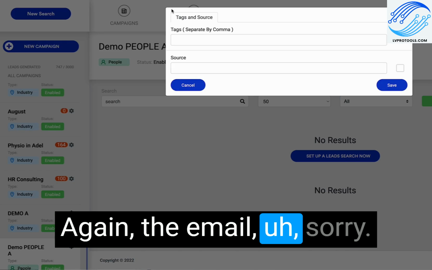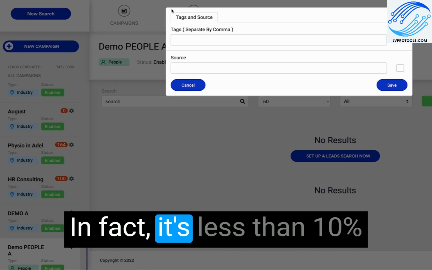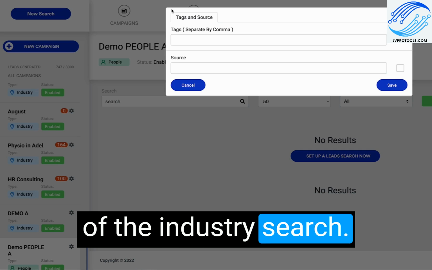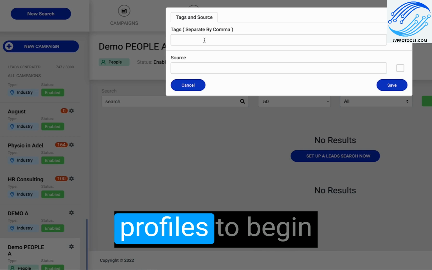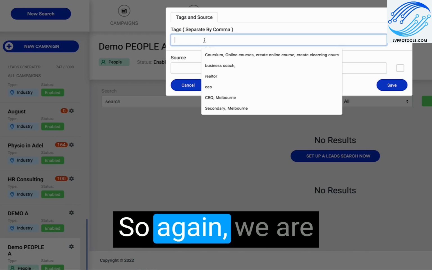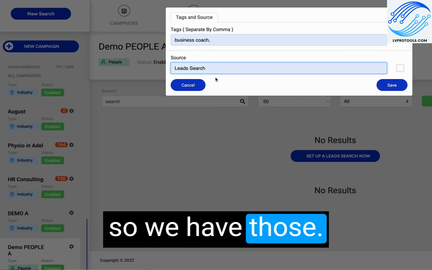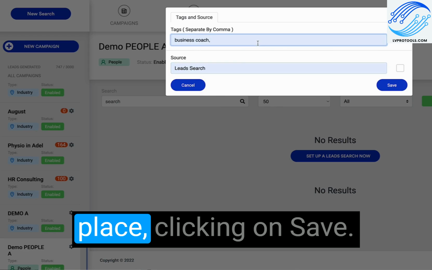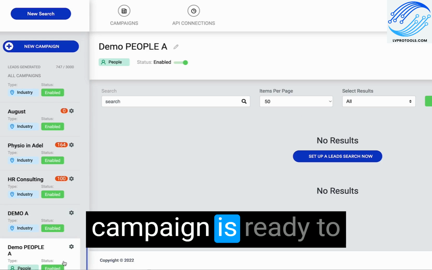The people-based search does not generate as many emails. In fact, it's less than 10% of the industry search. This search is designed to help you get LinkedIn searches and LinkedIn profiles to begin conversations that way. So again, we're simply creating our tags and our source. So we have those here. And then once that's in place, clicking on Save, and again, our people campaign is ready to have